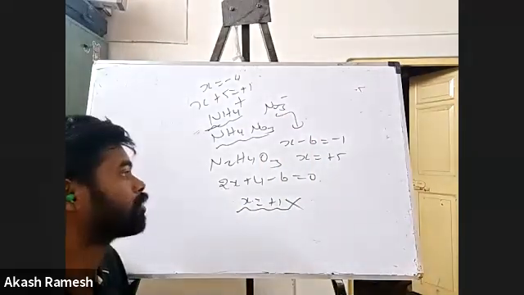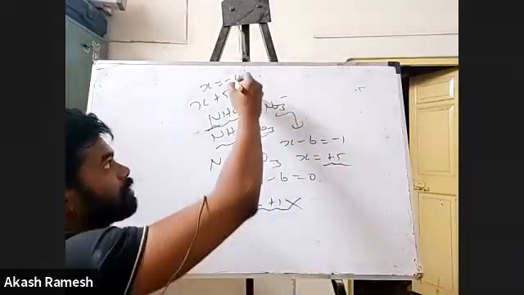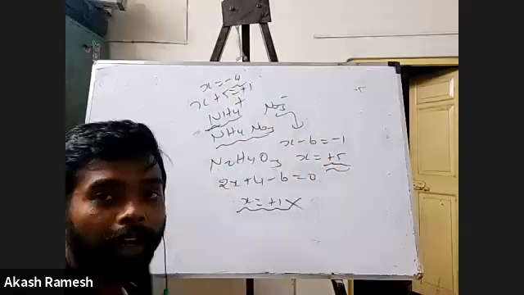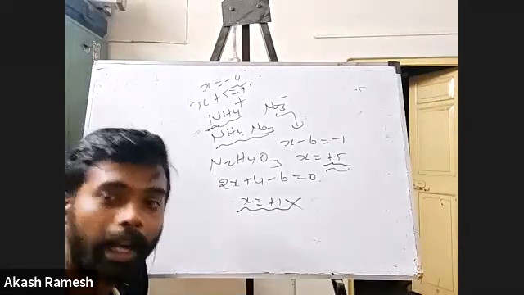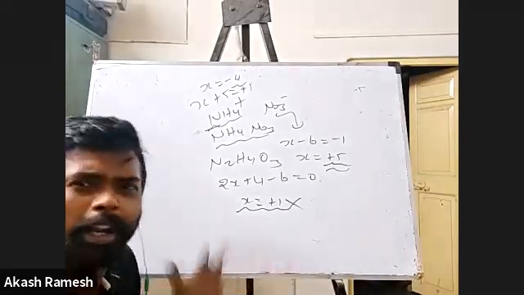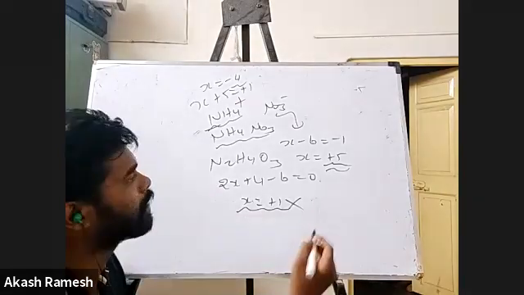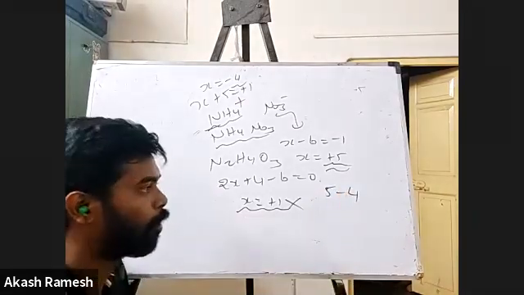Okay, right. So now these two are the two different oxidation states. -4 and +5 are the oxidation states of nitrogen in ammonium nitrate. Now you take the average of these two. Say if you take the average, 5 minus 4,